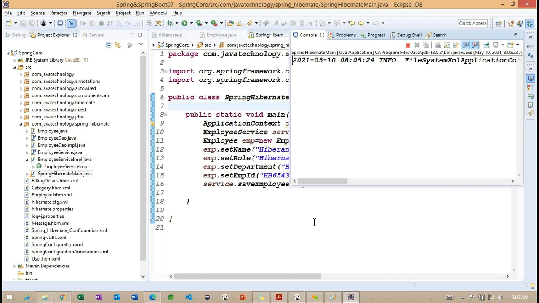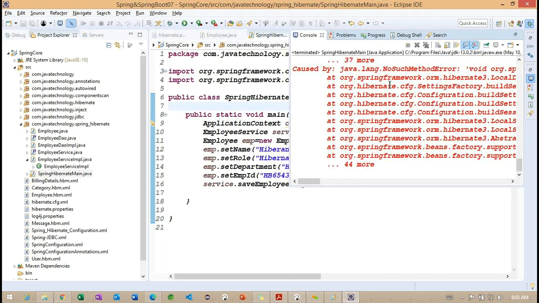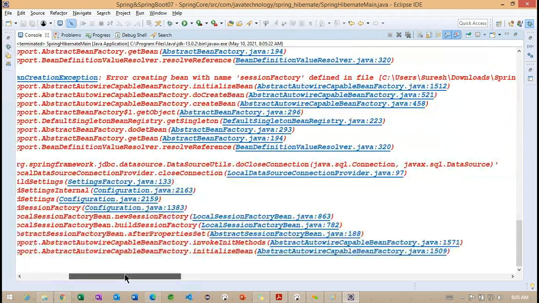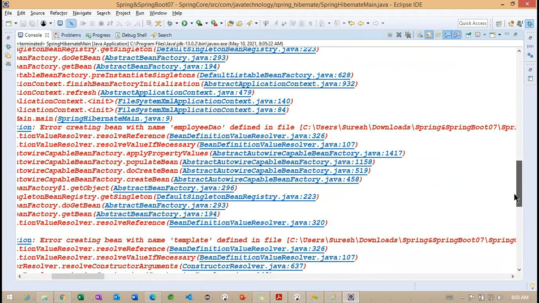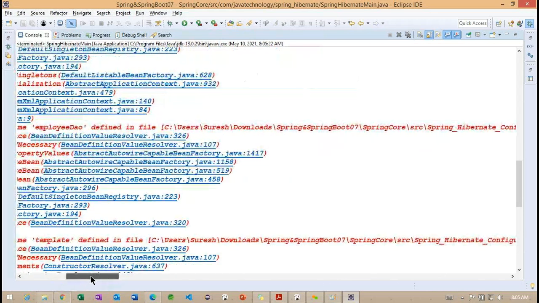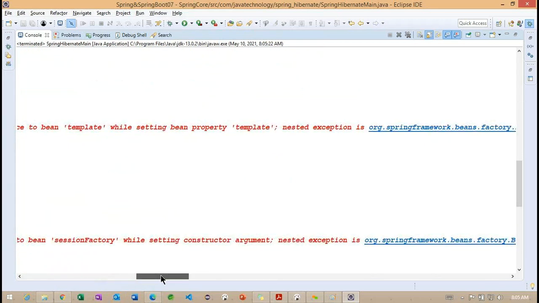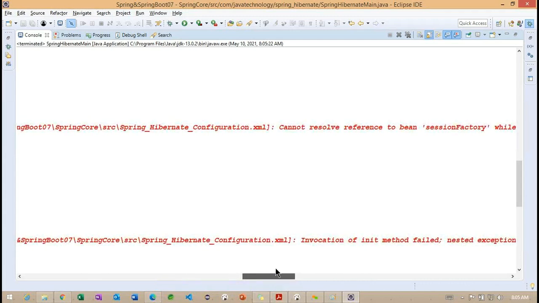If we miss something, we are going to get an exception here. No such method here. Okay. Session factory. Data source. Okay, setting the property, maybe.